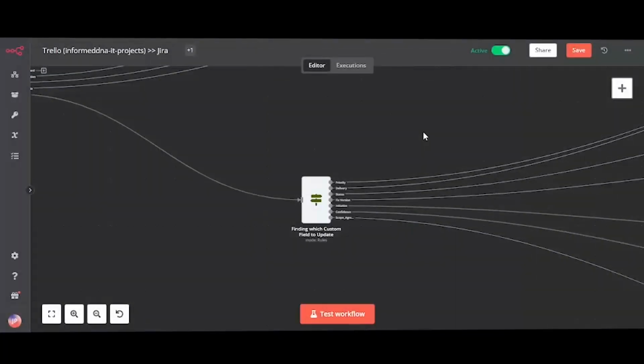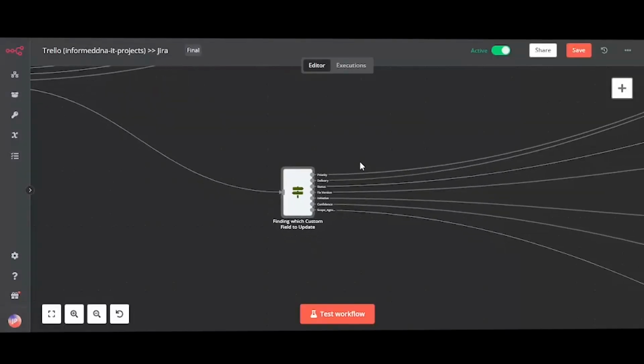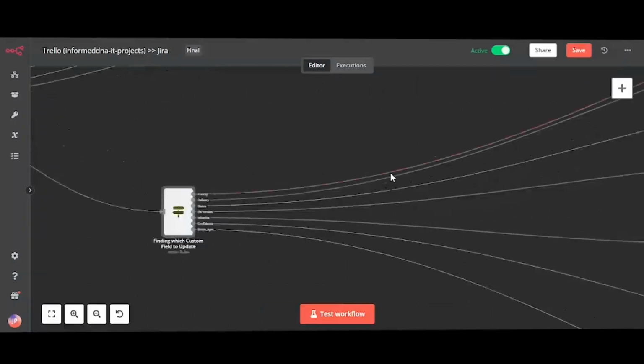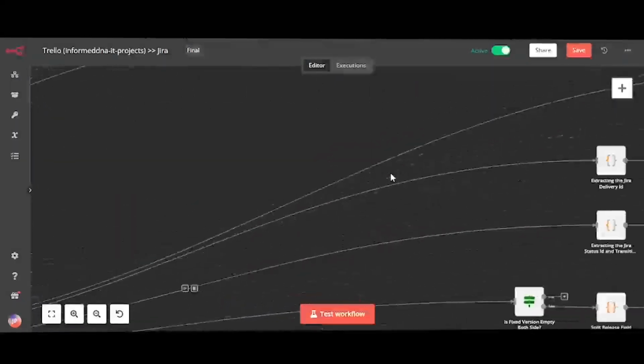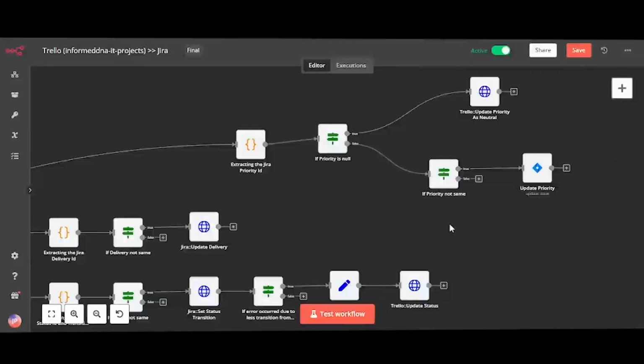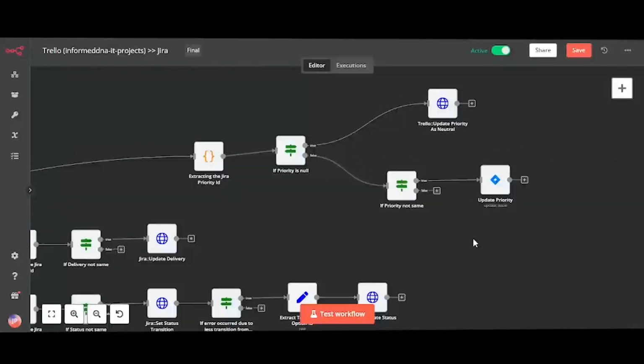After that we move to which field has been updated. So if it's a priority or a delivery or status, fixed version, initiative, confidence, or any scope agreement has been updated. So if the user has updated the priority field, so we are extracting the priority and checking if it's